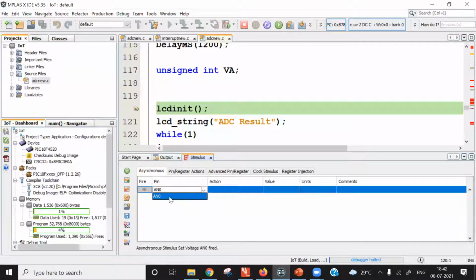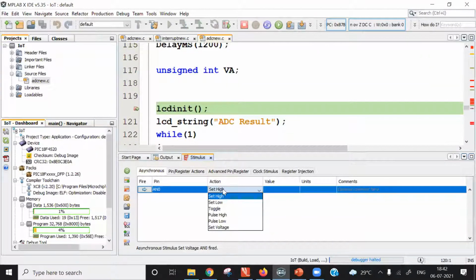Just type in this edit box AN0 under the pin tab. Action. We can apply logic 1, logic 0, analog. As our channel is analog, select the option of set voltage. Set voltage is selected. Now enter the value.